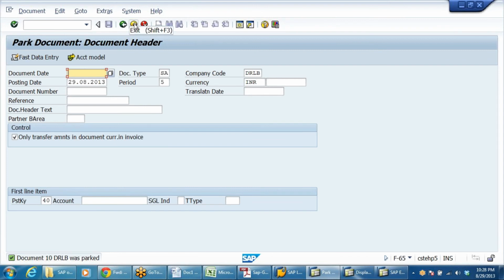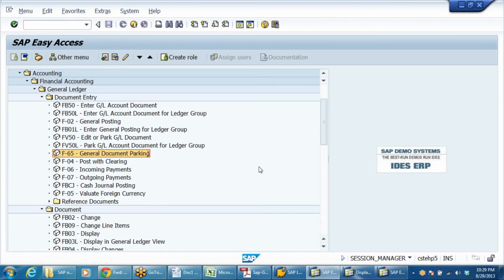So now as soon as an entry is posted like this, in a real scenario, our technical people make it so that the accountant will be posting, and the accounts officer, on the right side corner, will get a message: document number 9 parked by so and so person, document number 10 parked by so and so person. If he is in front of the system, he'll go to the parked document list and he'll post it.